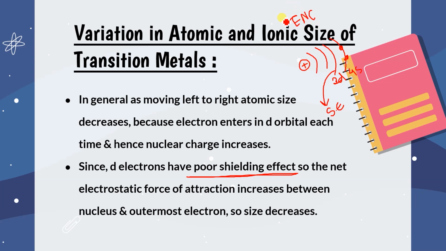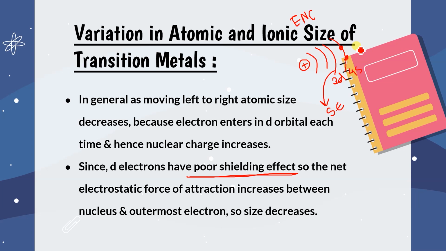But if the effective nuclear charge and the screening or shielding effect of this 3d series are equal, then the atomic size neither decreases nor increases. It will almost remain constant. But if the shielding effect increases, meaning it is able to shield the nuclear charge on the outermost shell, then the outermost electron will not feel attracted towards the nucleus, because the nuclear force is blocked. It will not feel contracted, and in that case the atomic size will increase.